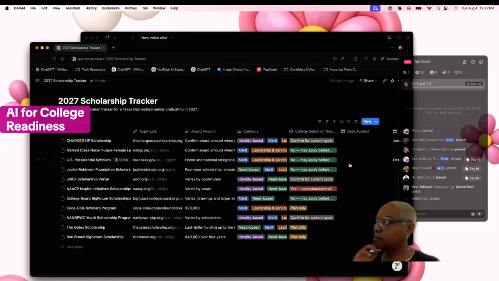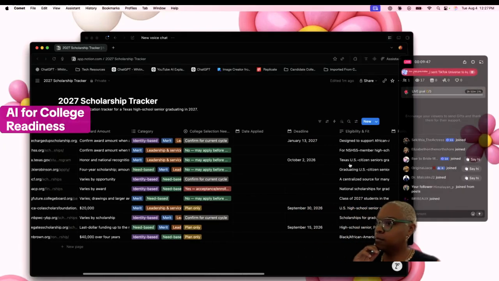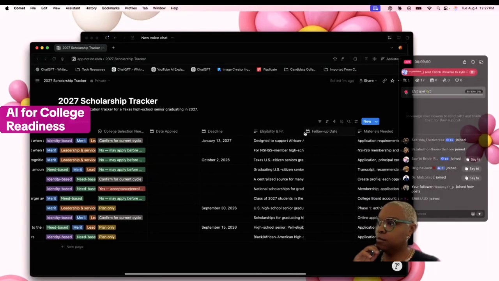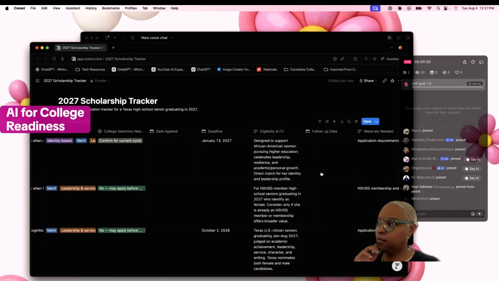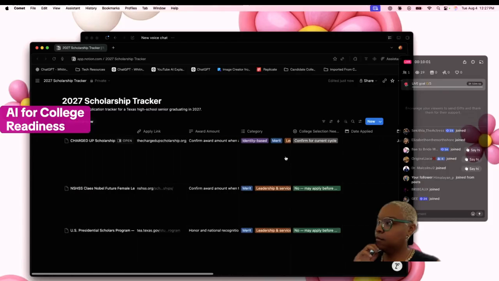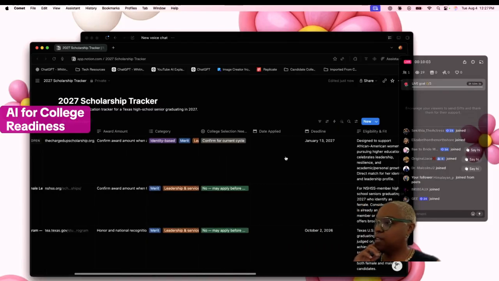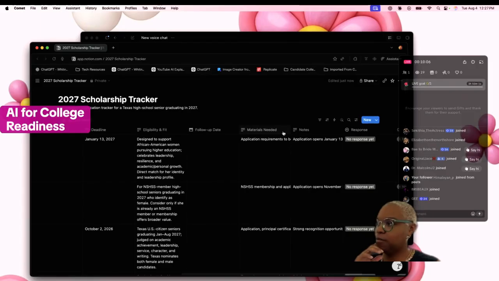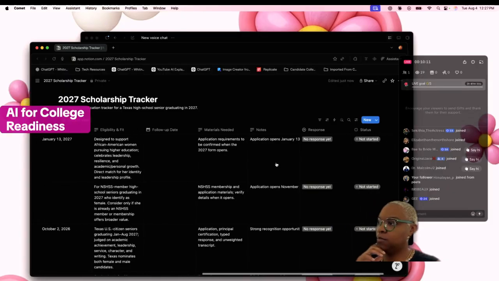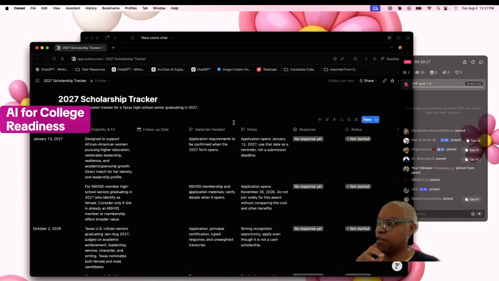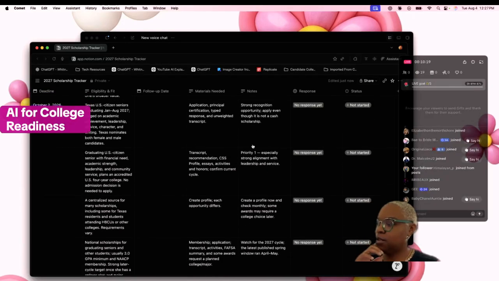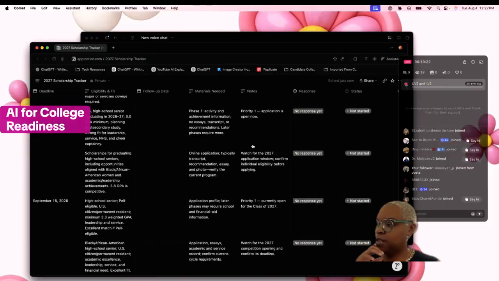Okay, the Notion tracker now has 11 verified scholarships, including women-specific options, Black or African American awards, Texas opportunities, leadership awards, and official application links. All right, thank you. I'm looking over it now. Are you ensuring that none of these have already expired? Okay, November. Okay, these all look currently active. Thank you.